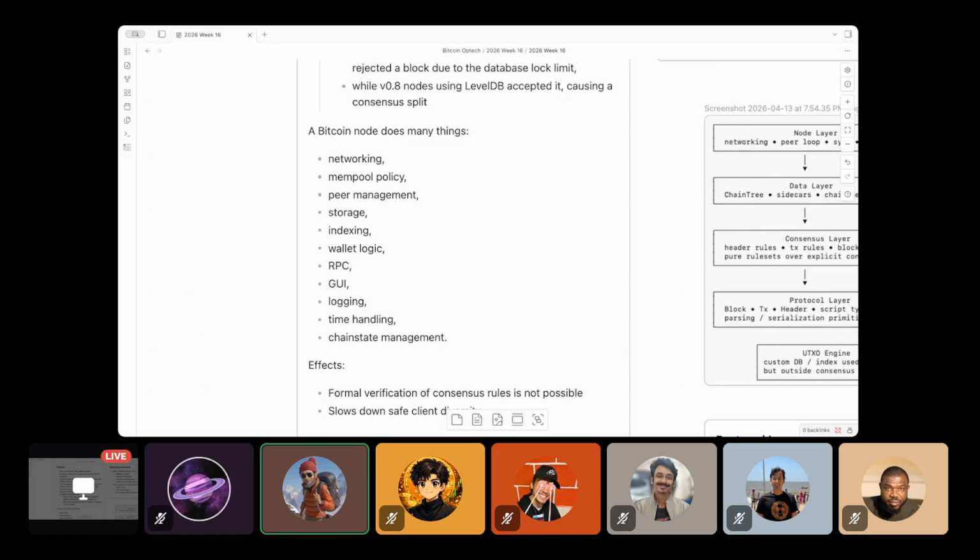System means, in our context, the protocol itself or the chain itself.